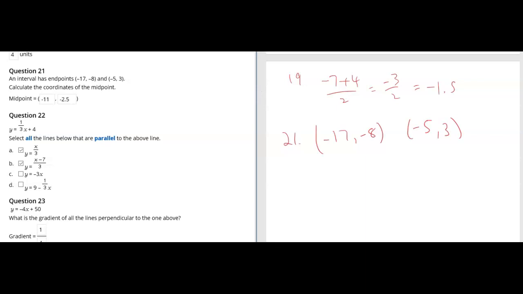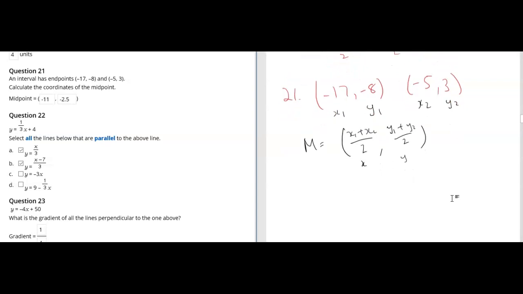And I'm going to label them x1, y1 and x2, y2. And your midpoint, remember, we have an x and a y. So this is your x and this is your y. The x comes from adding your two x coordinates together. So we add them together, and because we're finding the halfway point, we divide it by 2. And then we do the same for the y's. So you're just finding the x coordinate and the y coordinate